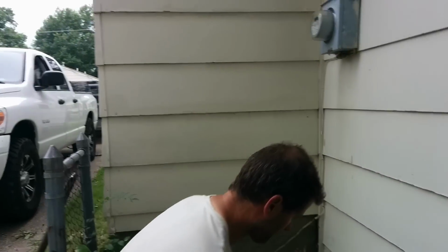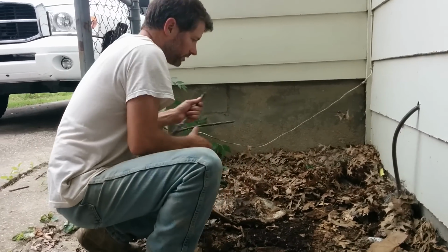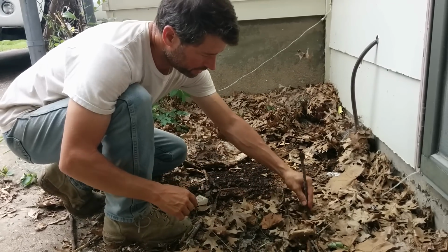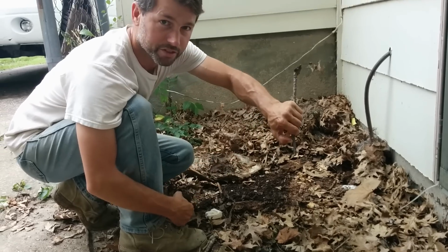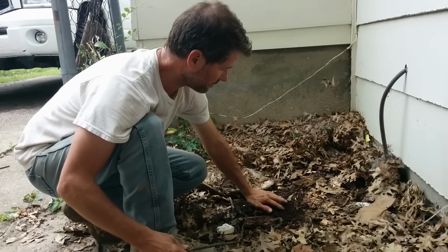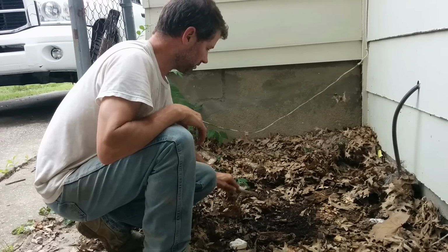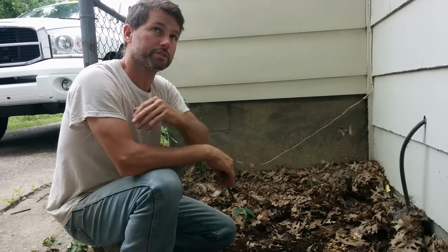The thing that makes me think that it's an epigeic is because if we look down here where they are in all this leaf litter, you've got a lot of fluff right here on your leaves. And then I come down there and I'm almost just above an inch, and the castings themselves are about an inch, almost three-quarters. It just depends on what area you are in. So that's what makes me think that it is a leaf litter type of worm,